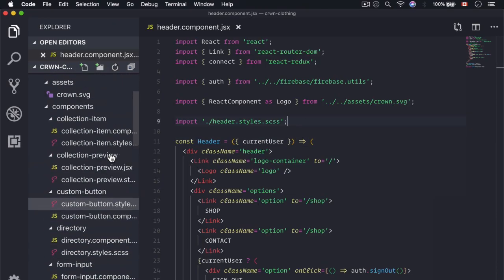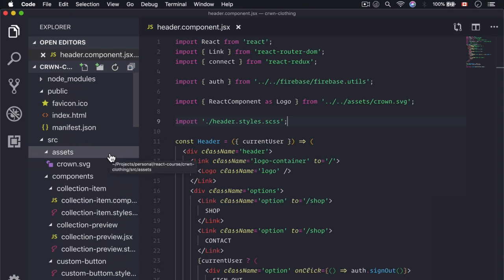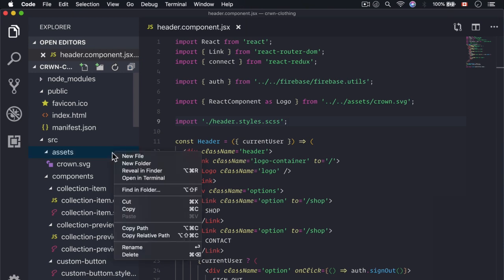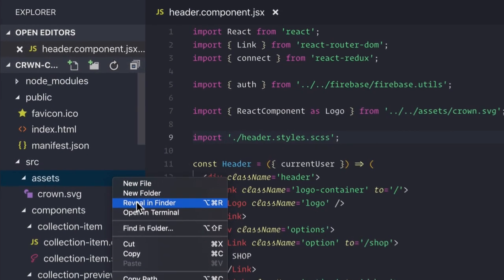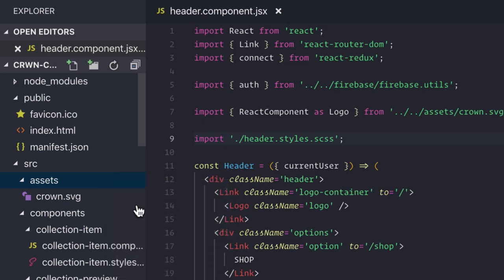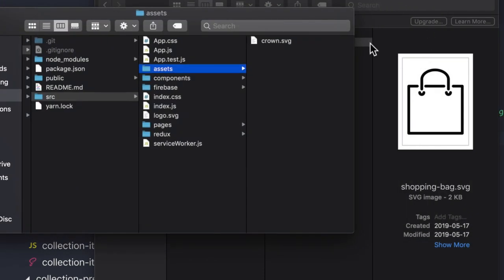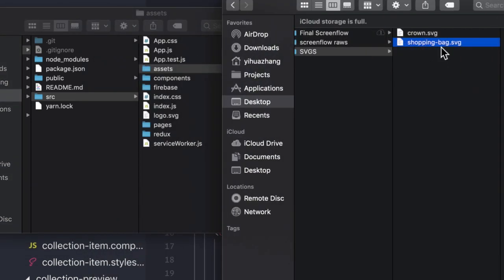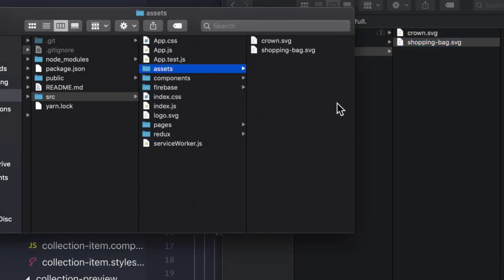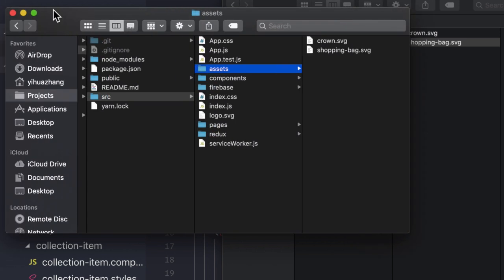And what we first need to do is bring in the actual SVG for the shopping bag icon. Now, I've already provided it for you, so you can just add it into this folder of our assets. And inside of our assets, you are just going to drop the SVG in. So I'm just going to copy and paste it in. And then